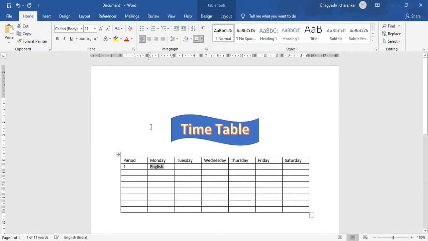It will make your text copied, and now you can put the text wherever you want by the paste button or Control V. These subjects can be copied here as per your convenience.